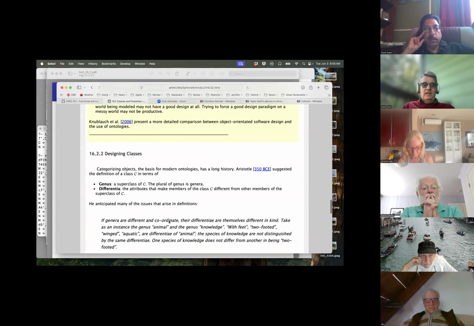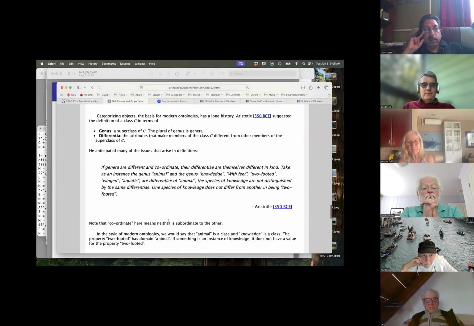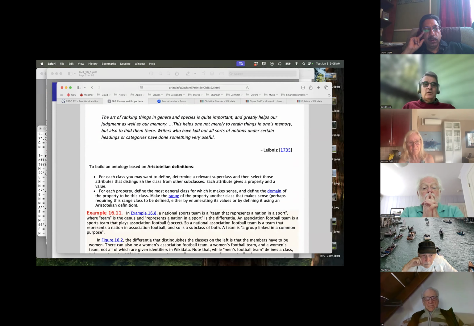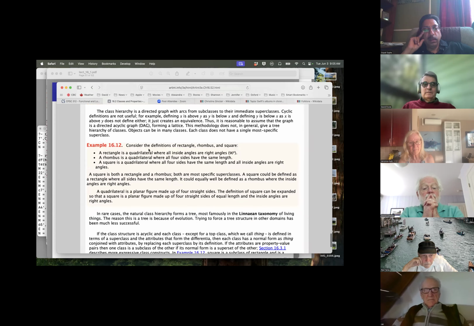So we talk about the notion of classes and how to define classes, going back to Aristotle. We talk about classes and subclasses, and how people get very confused with things like Java, where things only have one superclass, and we try to dispel those myths. Like a quadrilateral: we define a rectangle and a rhombus and a square. A square is both a rectangle and a rhombus. It's not more directly one of them, it's both of them.